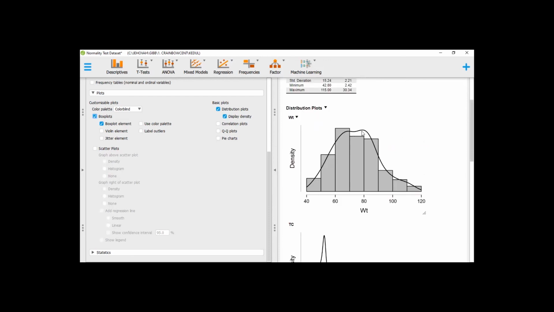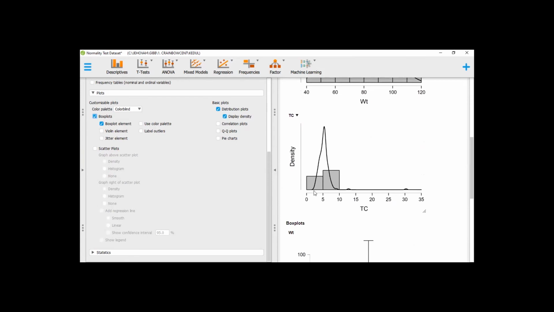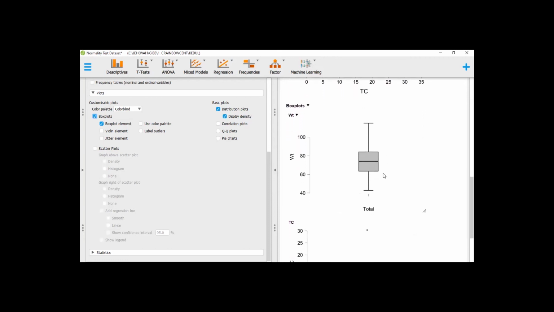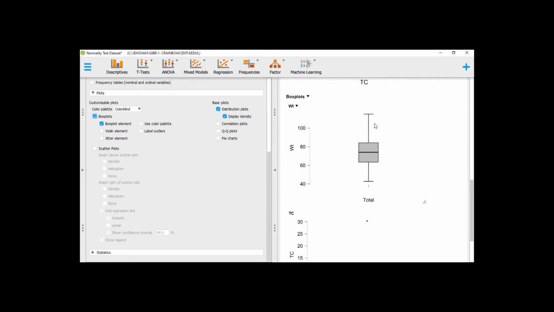WT seems to follow the normal Gaussian distribution, so it looks quite normally distributed. But when we come to the TC, we realize that it is skewed to one side. The box plot confirms what we are saying. This looks normally distributed, while this has outliers, or values that are extremely high compared to the rest. So from visual inspection, this is non-parametric, while this is parametric.